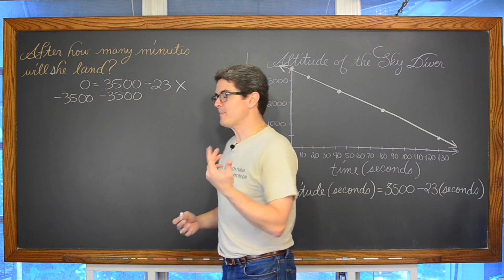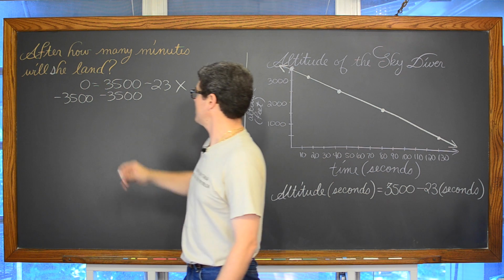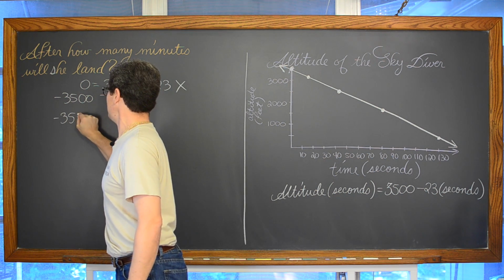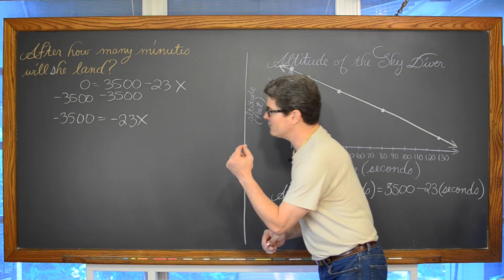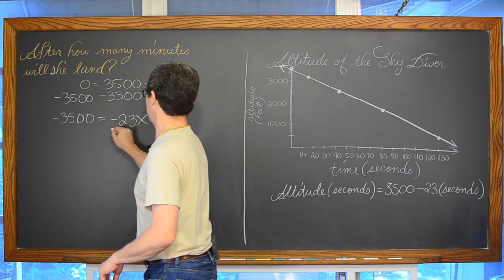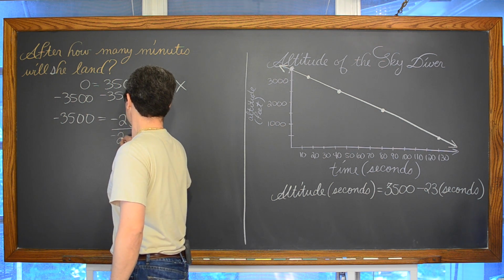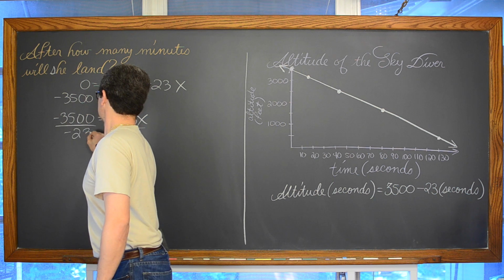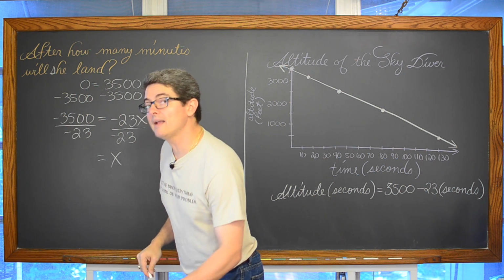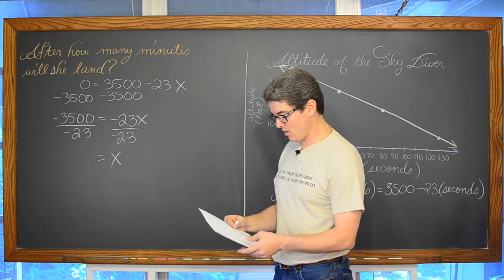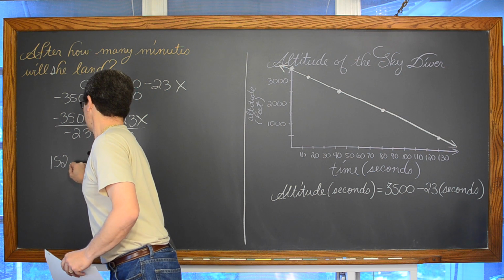But then what happens when the next calculator comes along? You don't know how to do the algebra. So we're going to subtract both sides by 3,500, and we get negative 3,500 is equal to negative 23x. We're then going to divide both sides by negative 23 to get it away from the x, the number of seconds that this descent takes. Dividing two negatives gives us a positive answer. And then x, I'm not going to just write a number because this is an answer to a word problem now, is 152.2